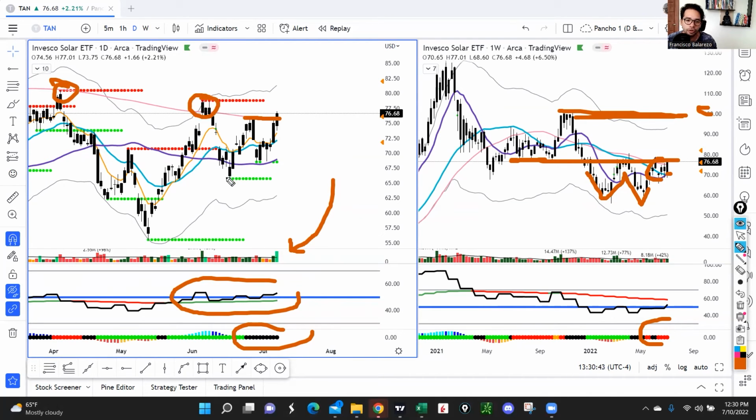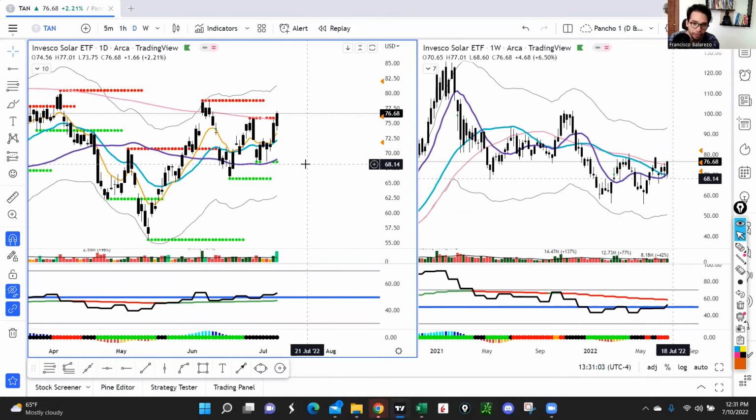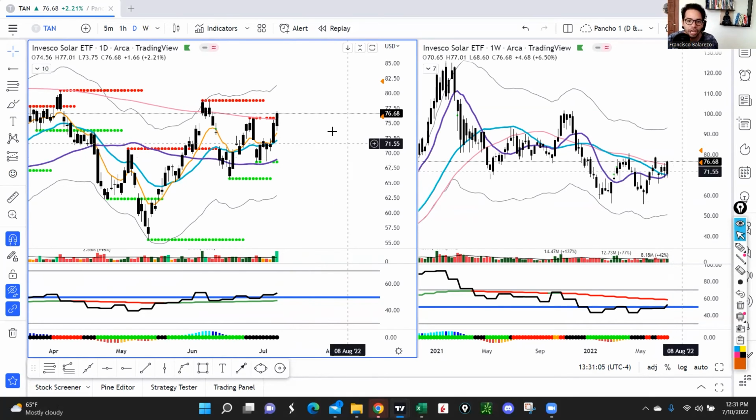And you can see also the higher lows right here, which suggests a change in price structure. And then we have basically all the components to continue to see strength in this ETF. So I think that this is going to be a really good place to focus on the upcoming days and weeks of the market. And then the next ETF that I want to show you is actually the Chinese ETF,